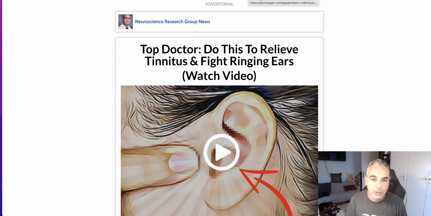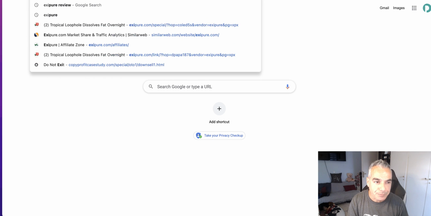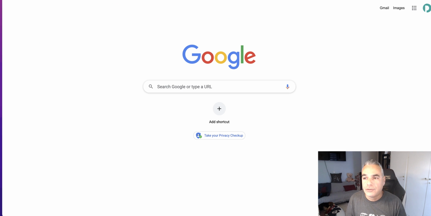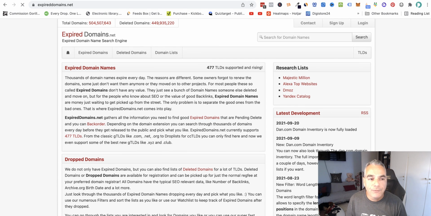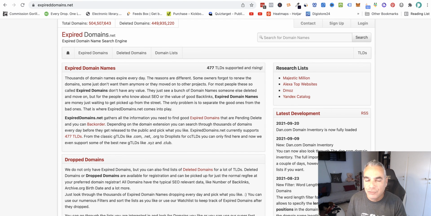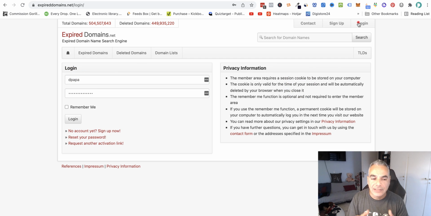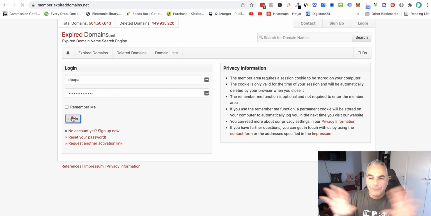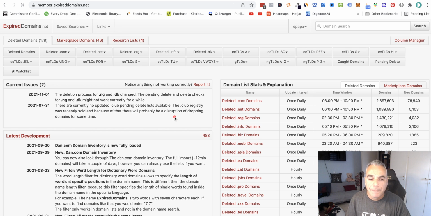So the best thing to do is go out and find a domain based on the campaign that you're going to build. Now, you can use a generic domain, or you can easily start finding domains that have traffic on there. This is a huge value that I'm giving you right now. If you go to expireddomains.net, you'll be able to find domains that have built-in traffic that you can build around. Now, what do I mean by built-in traffic? Well, these domains have backlinks. These are domains that have been left from other people, users that haven't